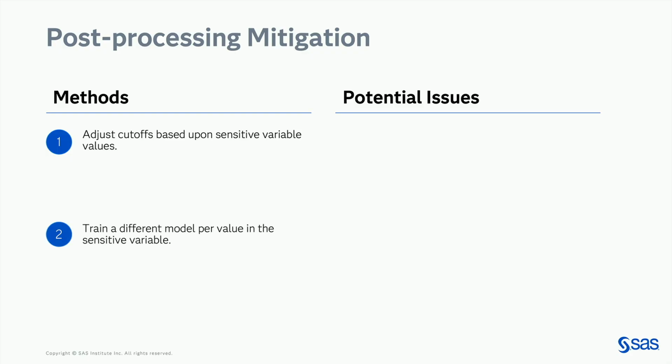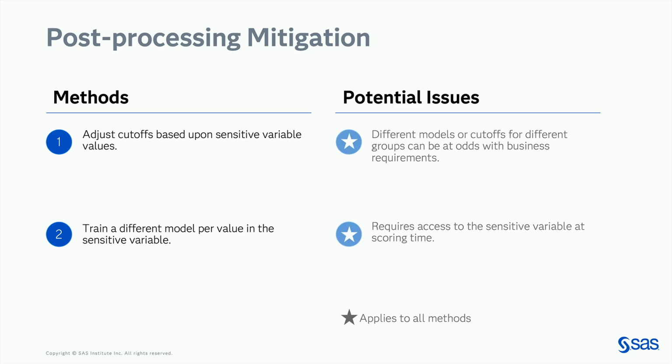But different cutoffs are really a specific case of different models for different groups. Right? If you have a different cutoff for a group, you can kind of think of it, that's a model for one group and a model for another group. And you can do that more generally. Say I'll train a decision tree for one group and a decision tree for another group. Now you have two models. They've been trained differently. The issues there, and this applies to both, is maybe for your business you really don't want two models, one for each group. And there can be a lot of reasons why. If you're trying to do something where you're reducing a value of bias, but then you have different models, you can give off an air of, hey, I'm treating these two groups differently, right?